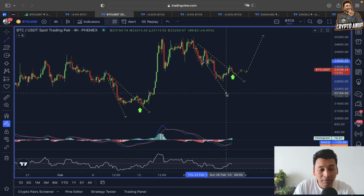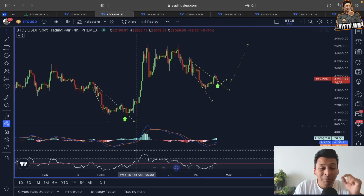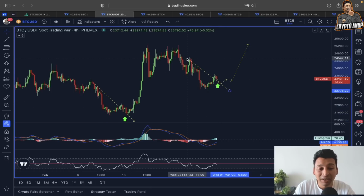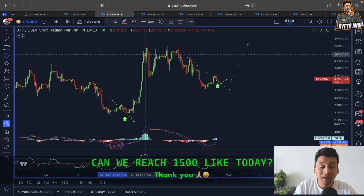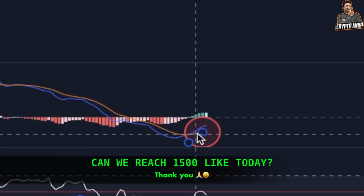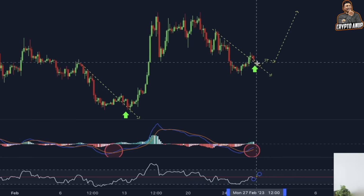So if this here is going to be a breakout, then we know this could be a breakout from this descending broadening wedge. But what is interesting here is the MACD, because when we came back to test this key line of resistance, you can see around that area, even the MACD started turning bullish, a crossover here in MACD, and after that we had some range bound, even some shakeout, but at the end the price continued this uptrend. So in our case, if you look at this MACD, the MACD is also turning bullish. Now the only confirmation we need is from this RSI. So if RSI starts appearing above the 50 level, then we know guys, there is a probability for this trend also